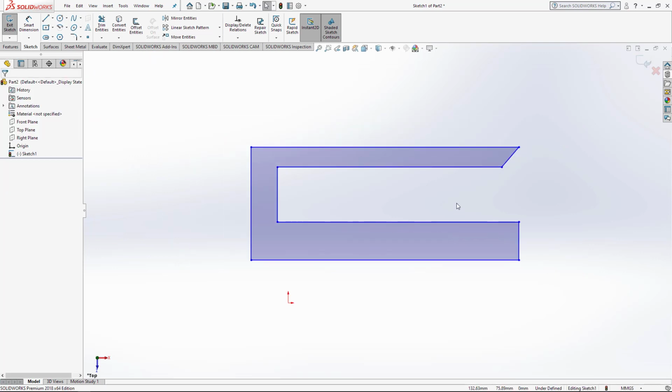So now that you have learned all the transformation commands in 2D sketches in SolidWorks,